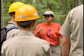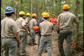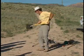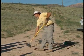Finish the flag. Call a safety meeting. Talk about job hazards, communications, and the emergency plan. When working out in the field, everything is a long ways away. Talk about using the right tool for the job, how to use them, and how to work